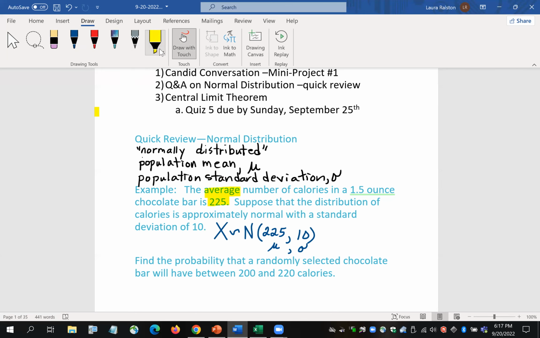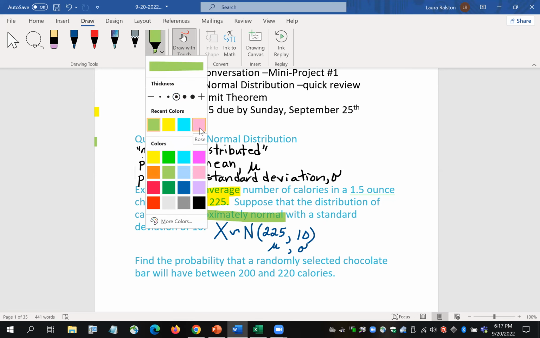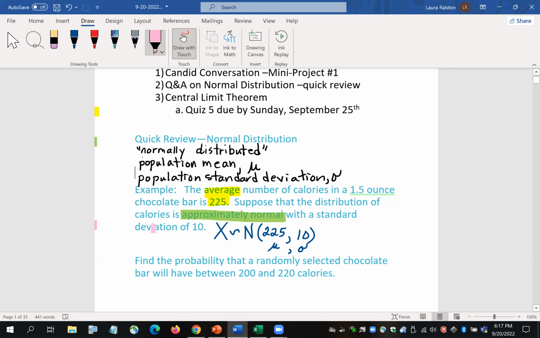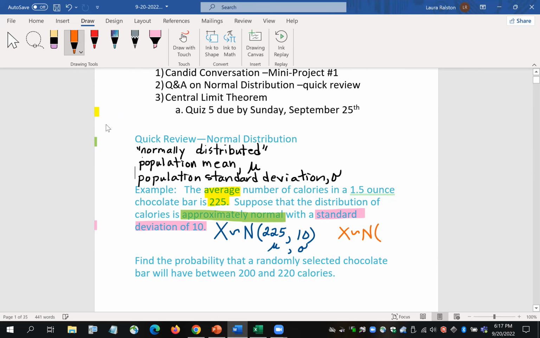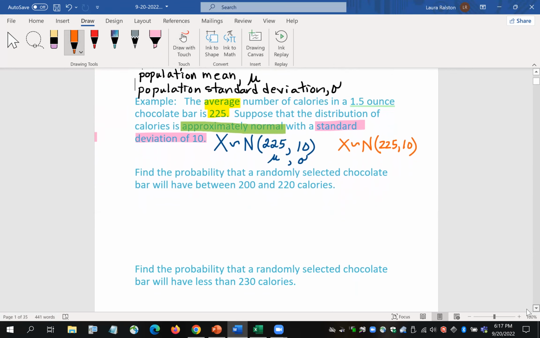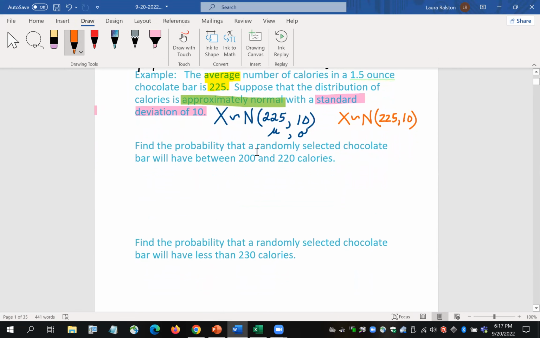So there I'm told that it's normal, with a standard deviation of 10. If I wanted to write that in symbols, I would write the variable, which is the number of calories, approximates a normal distribution with a mean of 225 and a standard deviation of 10. Then the question says, find the probability that a